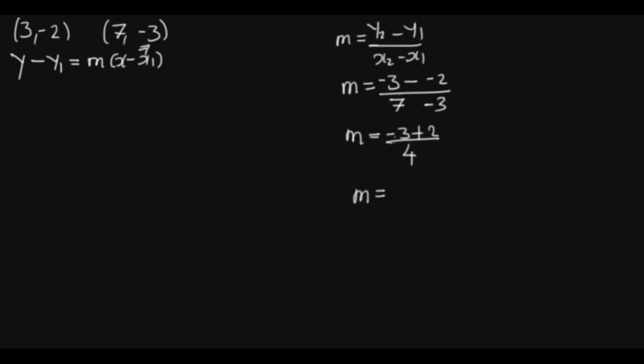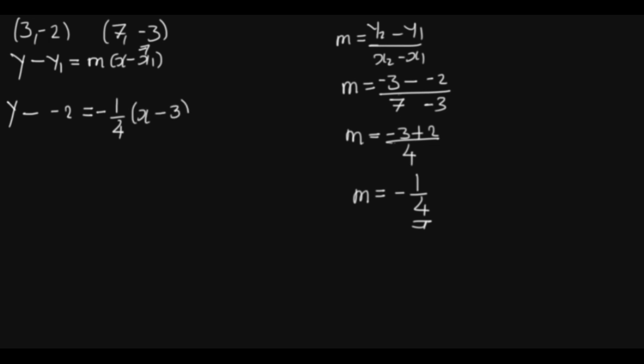So negative 3 plus 2 is negative 1 over 4. So our gradient is negative quarter. Now let's go back to our equation. y minus our y1 which is negative 2, our gradient is negative 1 over 4,